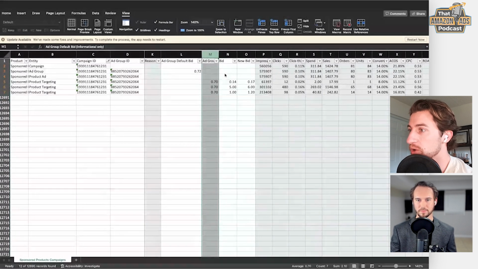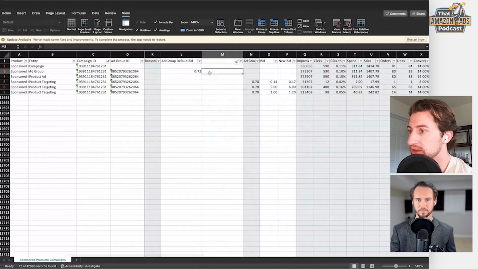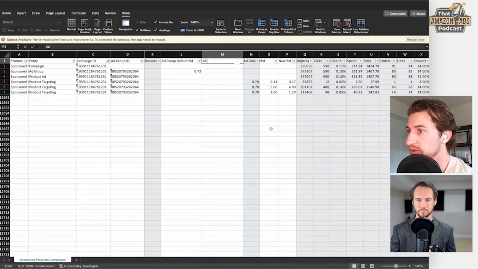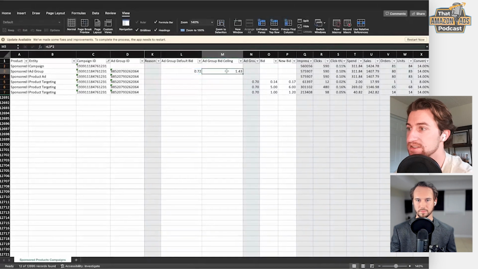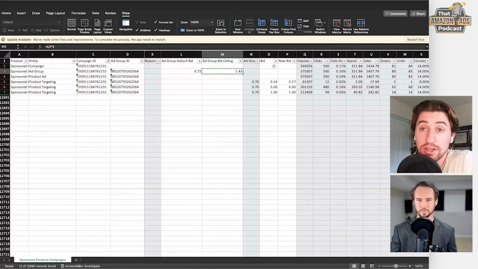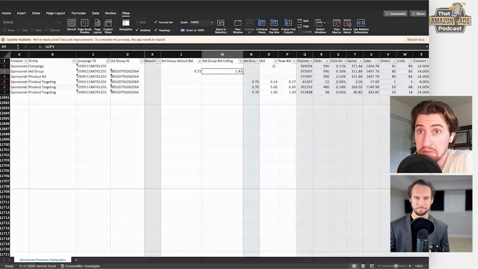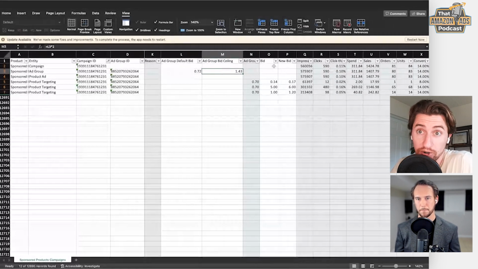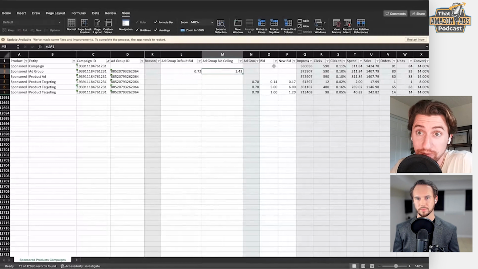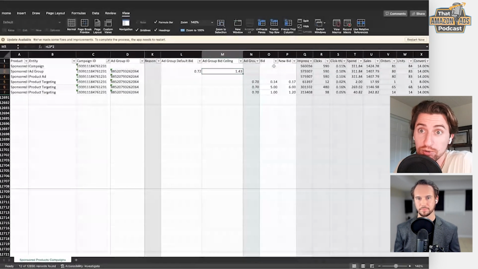Okay. So what we would want to do is the bid ceiling, if we want to do it this way, we can say ad group bid ceiling, and you can do another one of these columns for your campaigns and your group of campaigns, all this kind of stuff. But maybe it's just double this. The reason why it's double is because you don't want to be too restrictive on a keyword, especially if it's a low ACoS keyword and you're increasing those bids. You want to let those fly a little bit. It's possible that one keyword averages twice as good performance as the ad group average. And so that's why we pick double.